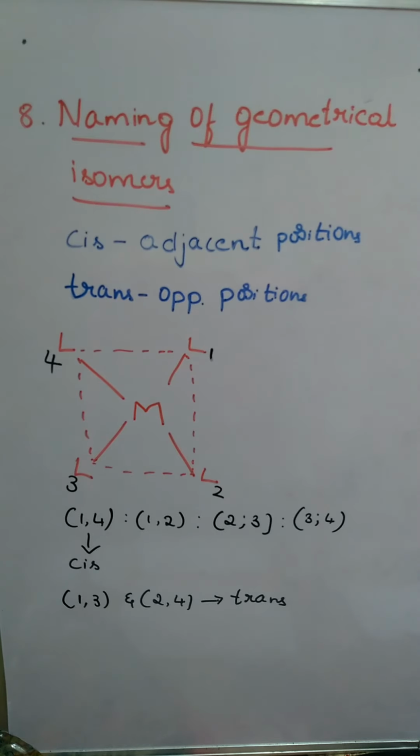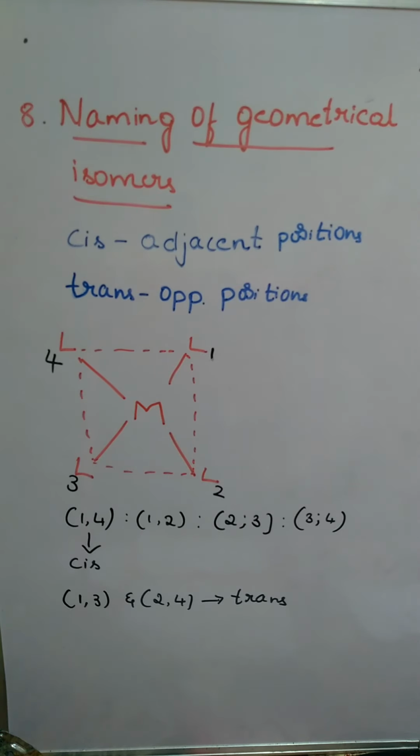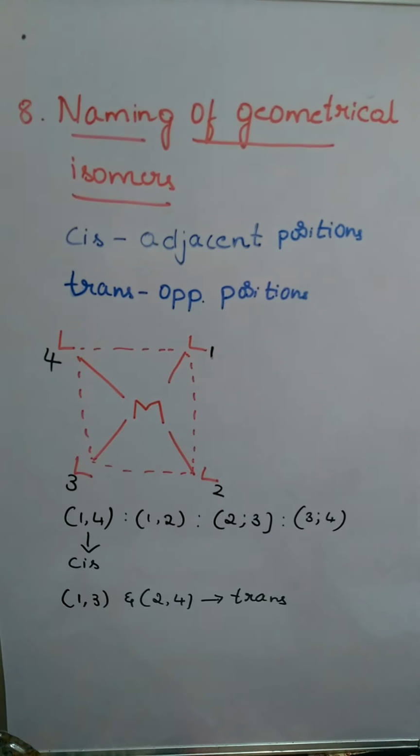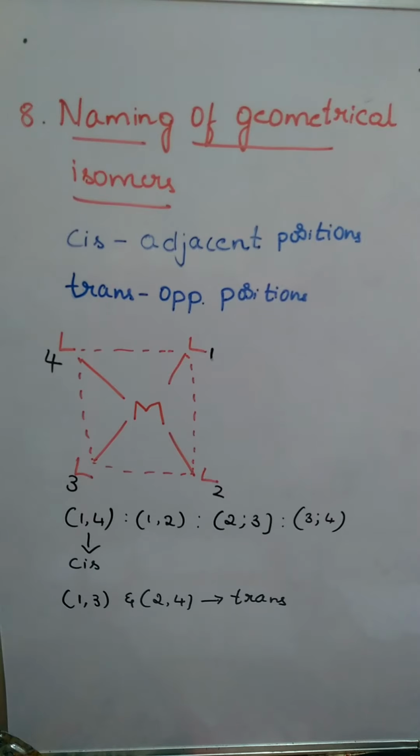We have a very important topic, that is isomerism of coordination compounds. We are going to take that at the end, because it is very important and takes a little more time, and you should understand bonding first. If you understand bonding, then only you can predict the isomers or calculate the number of isomers. For that reason, it is taught at the end of this chapter. Now, to name this, we will study just the basics. We'll take up one more example here.